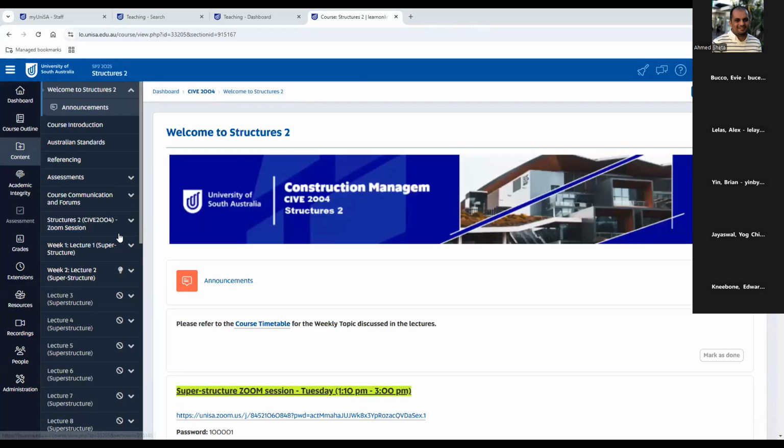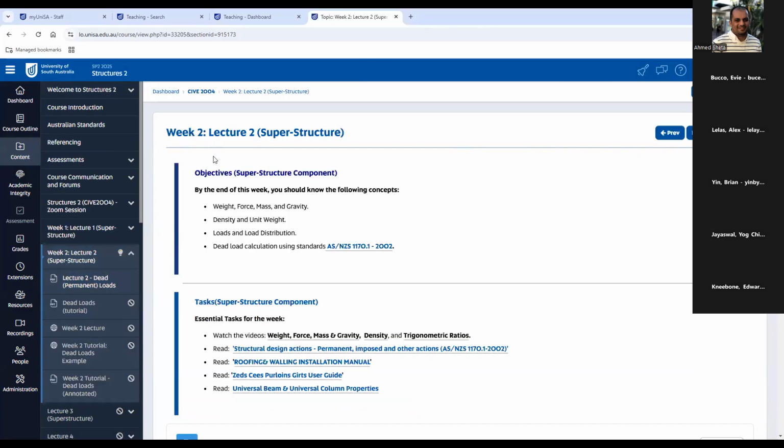So today we will go through week 2 of the superstructure part. In the week 2 content, we have some objectives, like knowing some information about the terms weight, force, mass, and gravity, and what is the difference between density and unit weight, and some explanation about the loads and load distribution, and calculating some of the dead load of the construction material available in the Australian market, given by the Australian Standard 1170.1